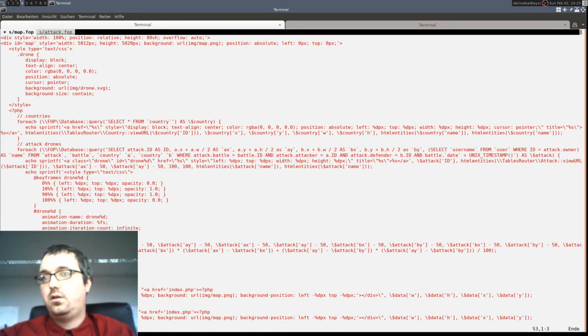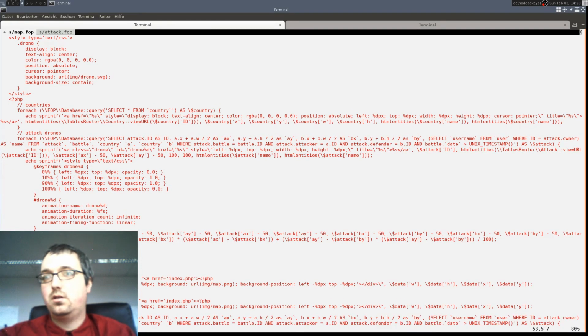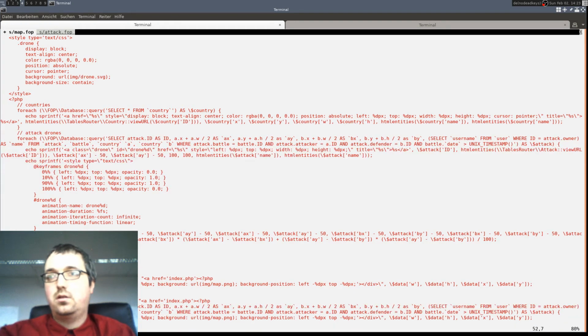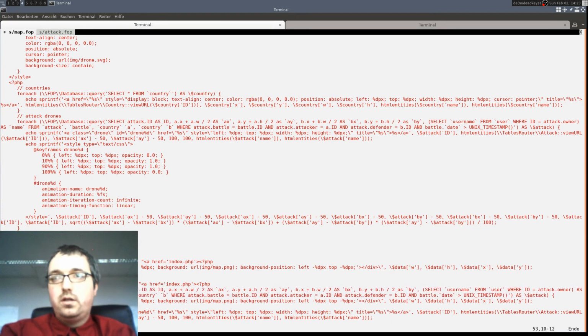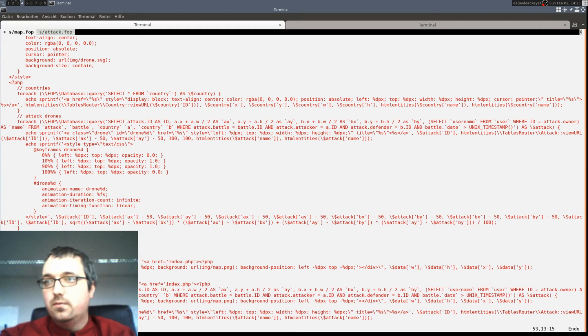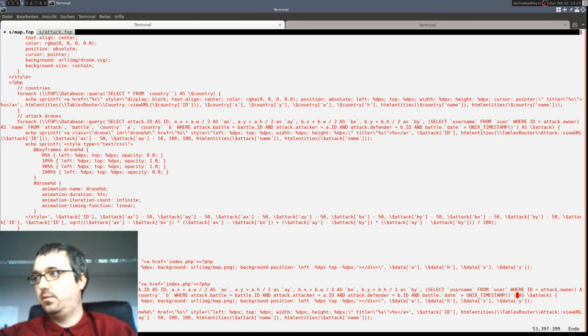So an attack view will show a map and an attack, a query and not for each, but fetch